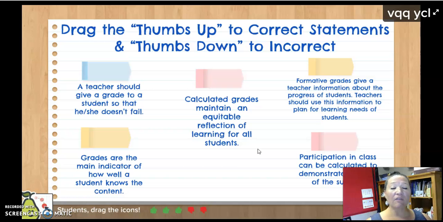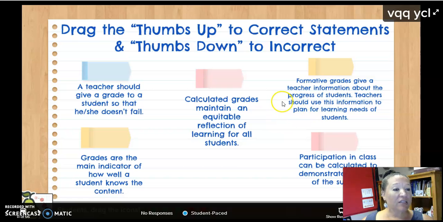We need to be able to say, if a student says, why did you give me this grade? You say, I didn't give you a grade. I calculated the mastery of the content, and here's what I calculated from your grade. This is what you made, and here are ways to improve. And so this keeps it equitable. It levels the playing field for all students, and you're giving them all the same opportunity to make good grades.